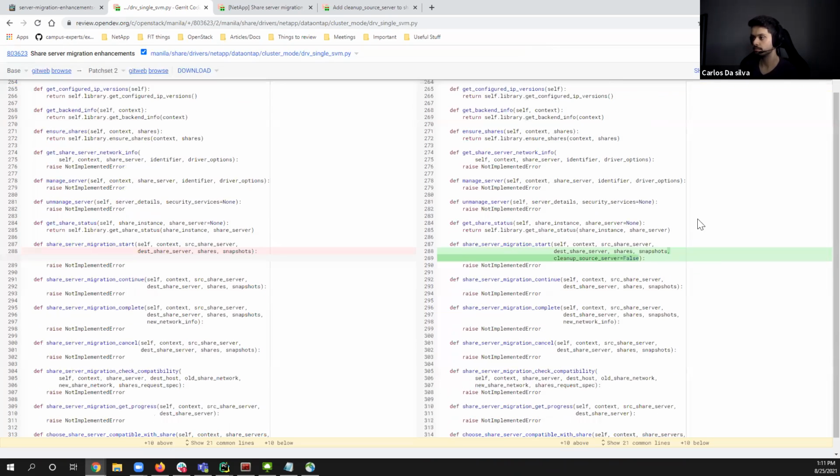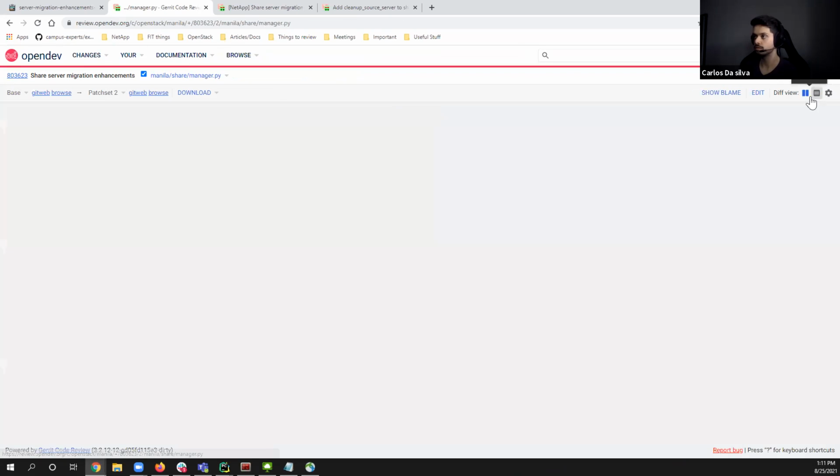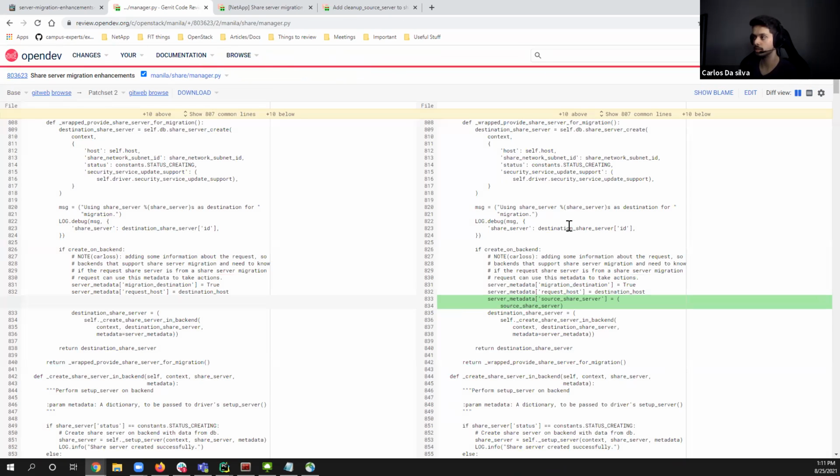And yeah, the interface for shares for the NetApp driver. And now the changes on the share manager. These changes in the share manager were necessary because we needed to validate some things while requesting a share